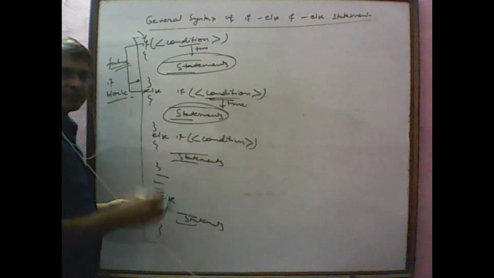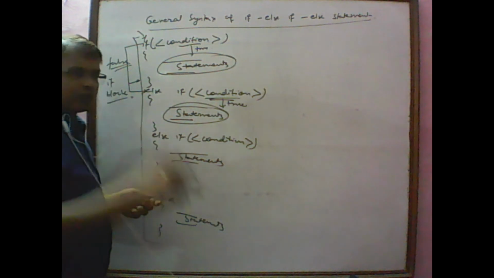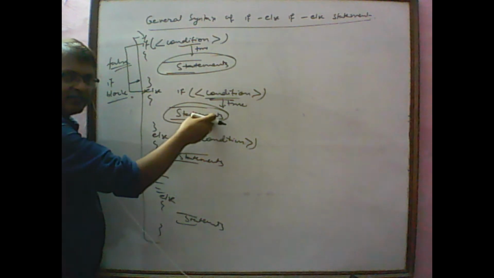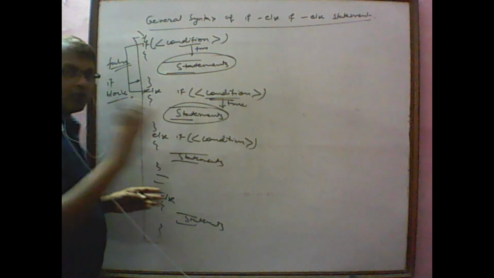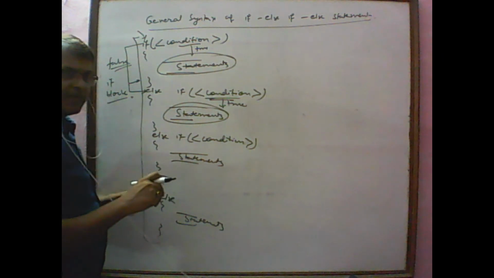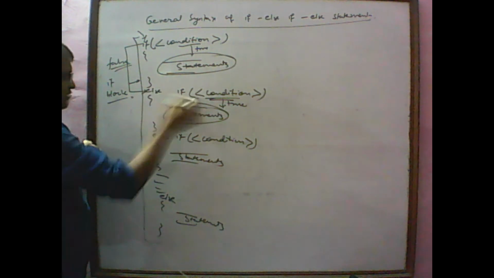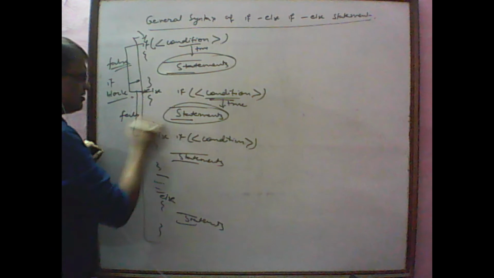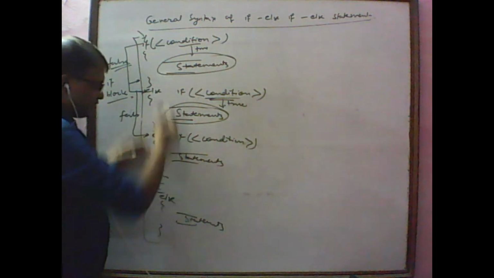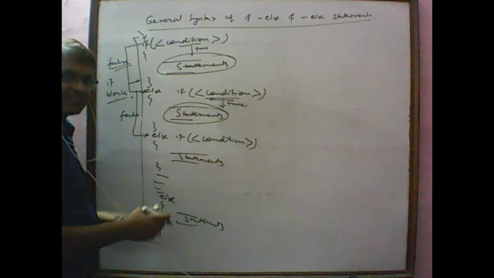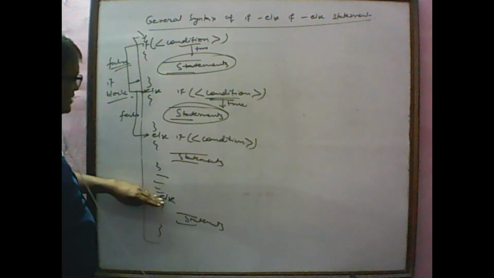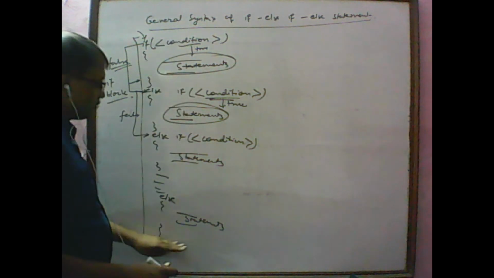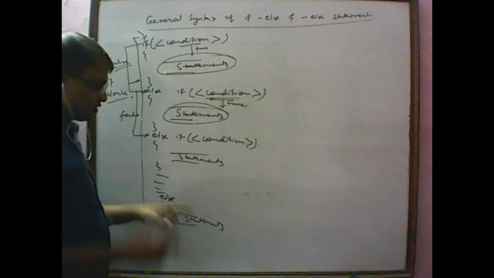Further, no condition will be checked. This is the most important point: after any one condition is true and the statements inside it are executed, the control will be outside and no further condition will be checked. And what happens if this condition is again false? Again the control will be transferred to the next condition when the previous condition is false. In this way, the control will move till the else statement if all the conditions written before it are false. This false, this false, this false, then it will go to the else statement. So else executes at last.